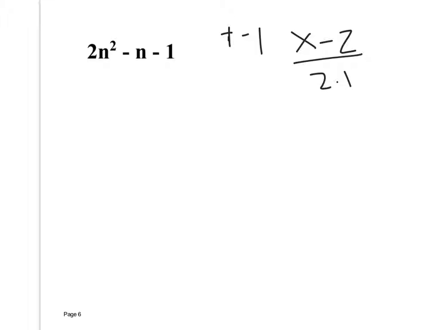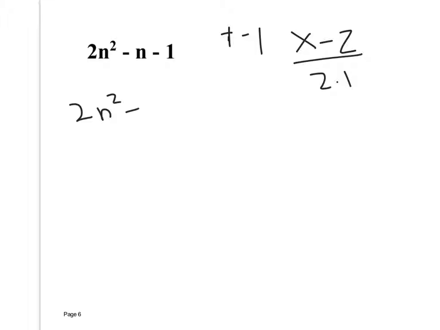2 and 1, right? Multiply to give me negative 2. Which one would be negative and which one would be positive? Would the 2 be positive or negative? 2 would be negative because the bigger number has to be negative. If b is negative, then the bigger number has to be negative. So I do